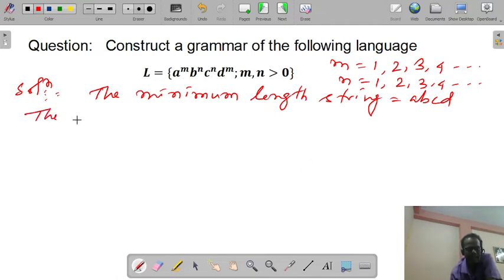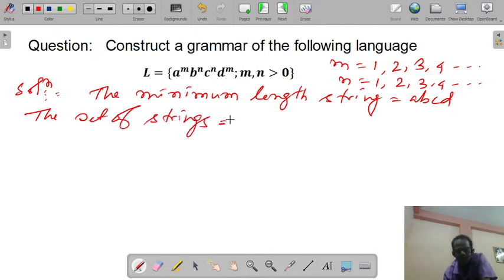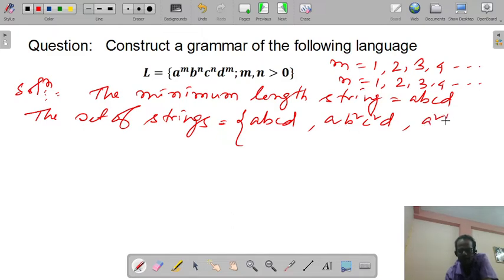The set of strings will be ABCD. Next, that will be AB square C square D, or it might be A square BCD square.